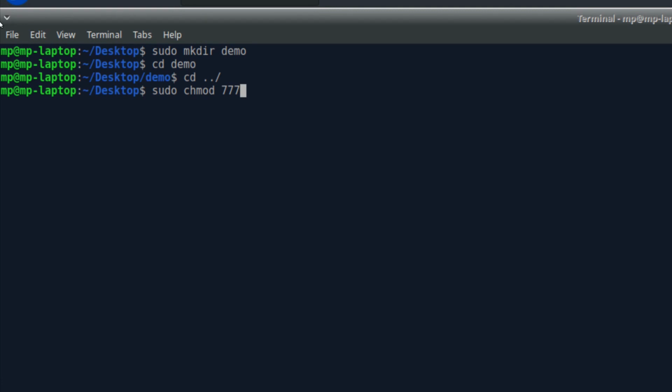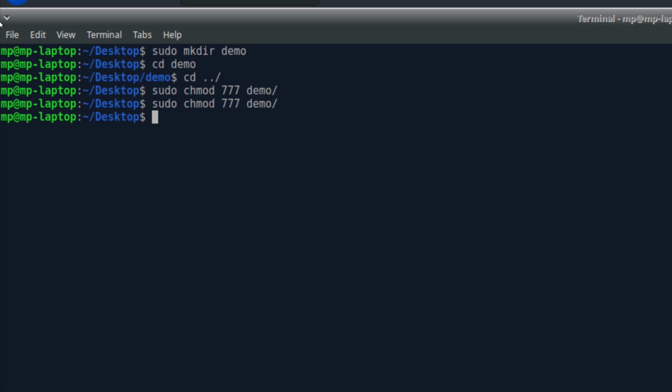You can try 762 or 7. There are many codes like that, like if you want to give a write permission or a read permission. So this is basically to give all permissions, like write and read and everything. So I'll use that on demo like this. So all permission is on demo. Now if I want, I can revoke this permission by typing that, because now it's all permission. Now I'm taking that permission away. Now it's fine. So we created one directory which is demo and gave all the permissions to demo.